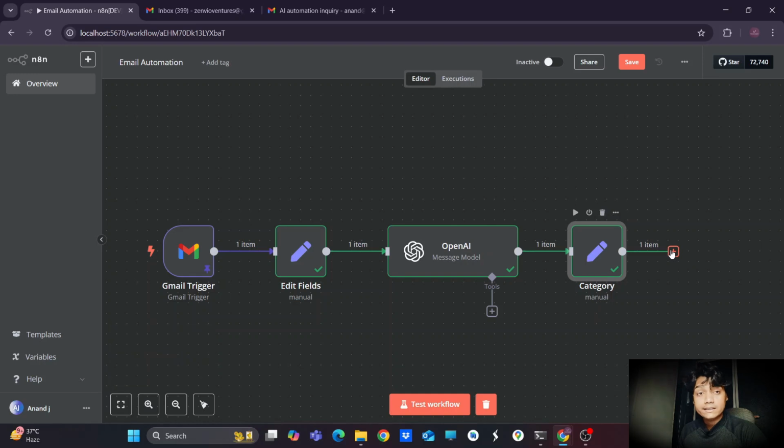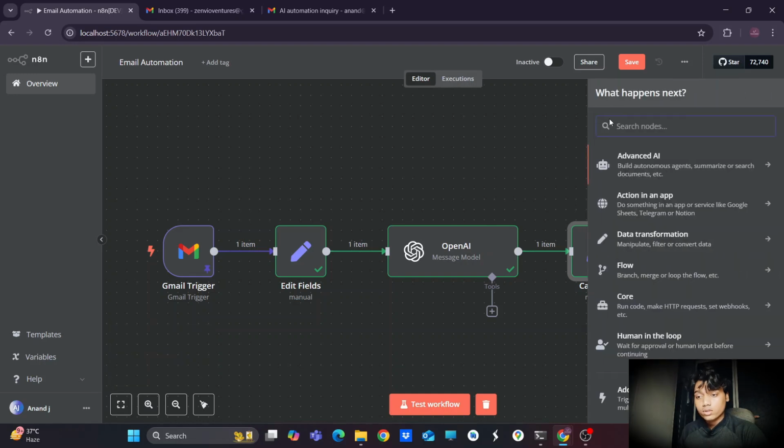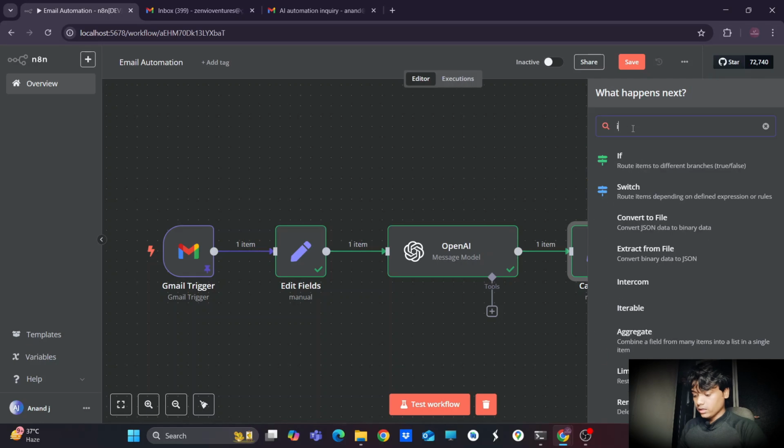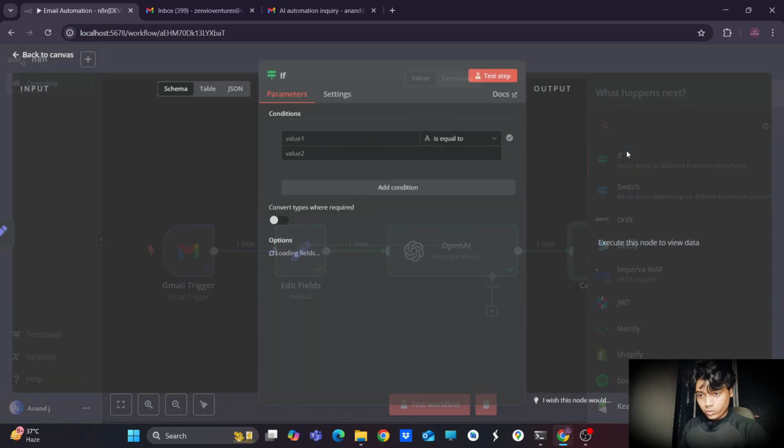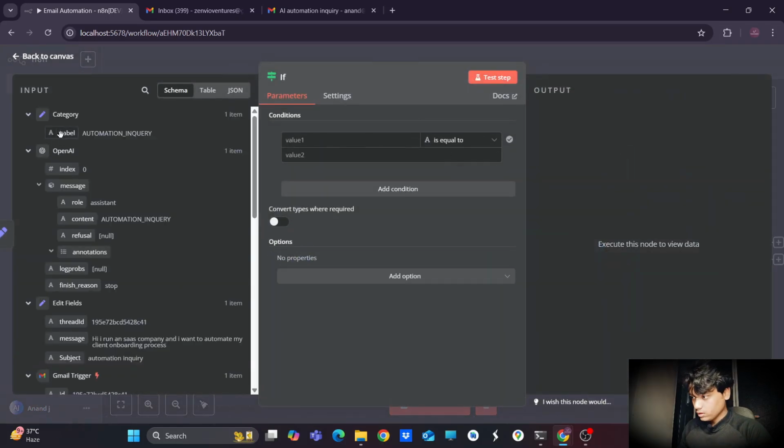So let's add an if node. Suppose it is an automation email, then and only then we need to create a draft and mark that email with a specific label. So for that, I'm using one if node. It will work as a routing. Here I'm using the label.